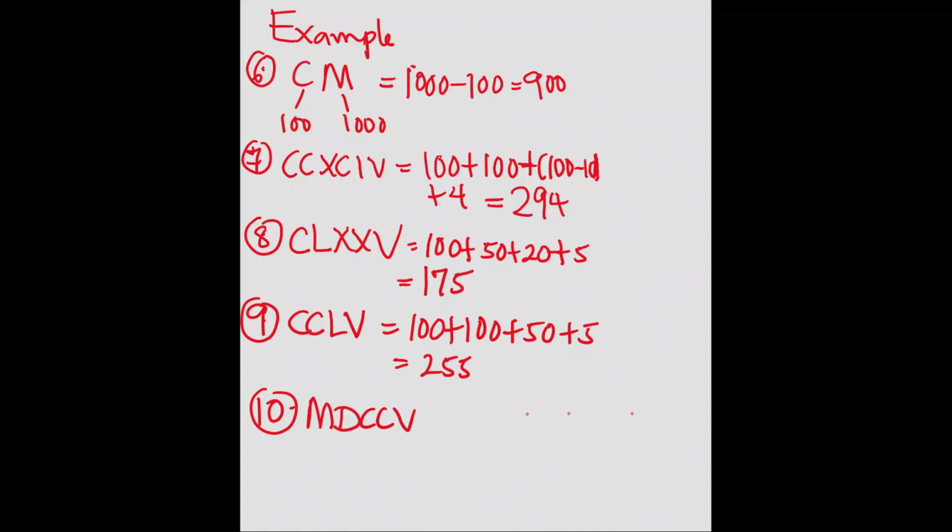So MDCCV, that's 1000 plus 500 plus 100 plus 100 plus 5. So 1000 plus 500 is 1500 plus 200, and that's 1700 plus 5, that's 1705. Okay,